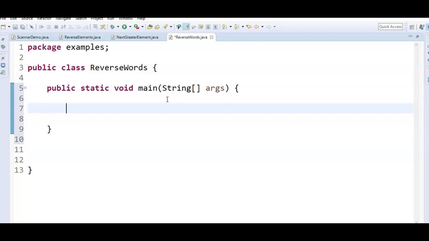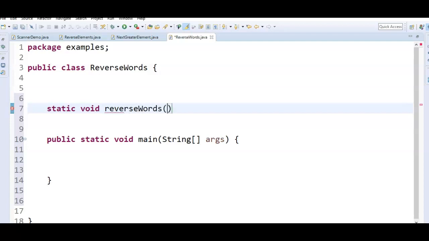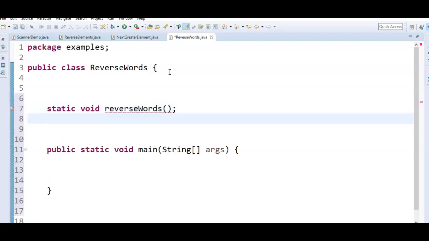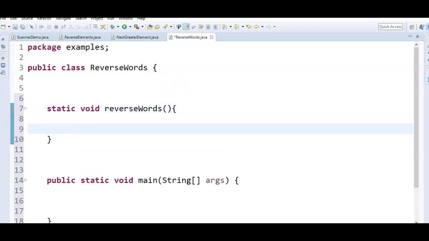First we'll write a simple method called stack reverse word. Static void reverseWords. To this we are going to pass the string: String str.